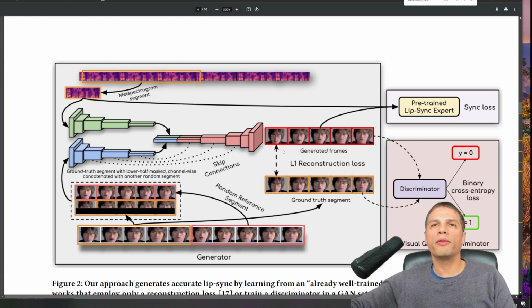So that's why they have 5 frames. The video itself is converted to 25 frames per second, and then they extract 5 frames at a time, and then the audio for those 5 frames. And then these are given to the lip sync expert, and then the lip sync expert gives you an answer